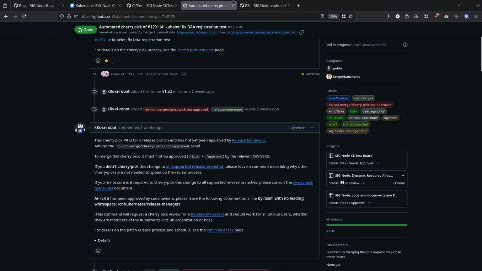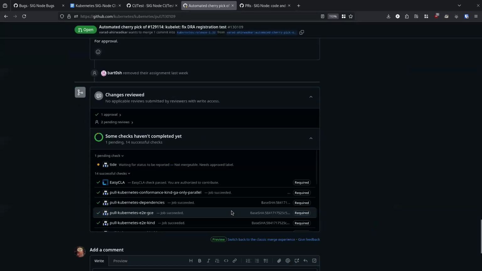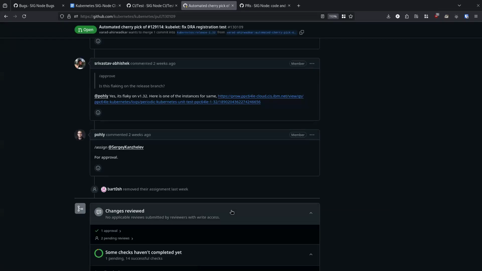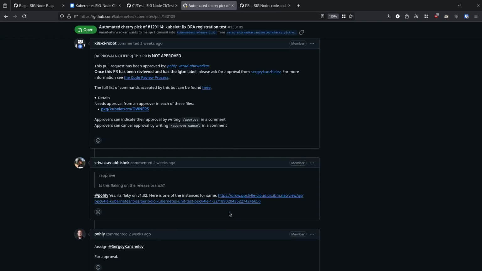This one brings up an interesting problem we have in SIG Node, where we don't actually have very much signal on release branches. We can't trigger any of our E2E node tests, and I think that's what Patrick was pointing out, at least in some Slack threads. Interesting.